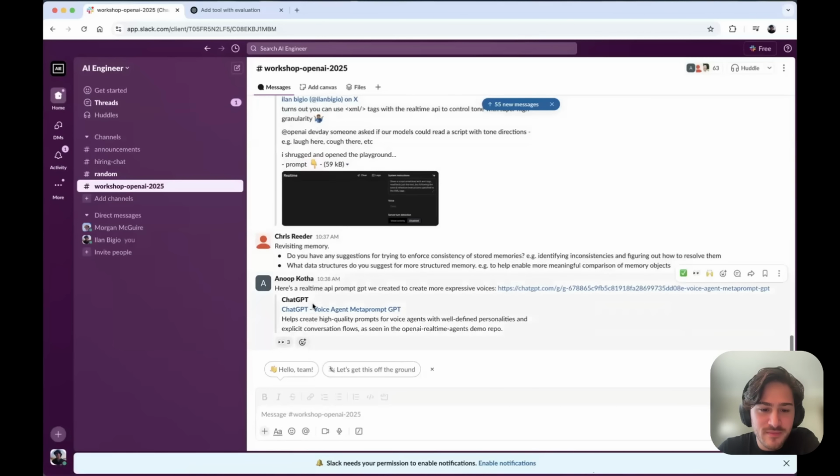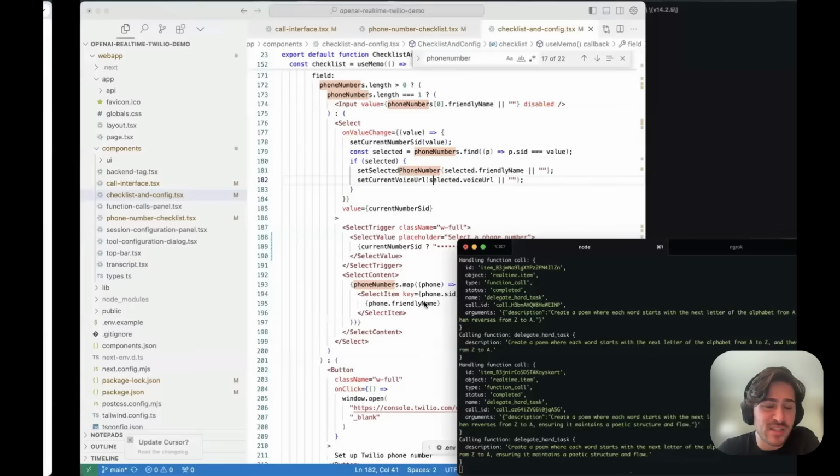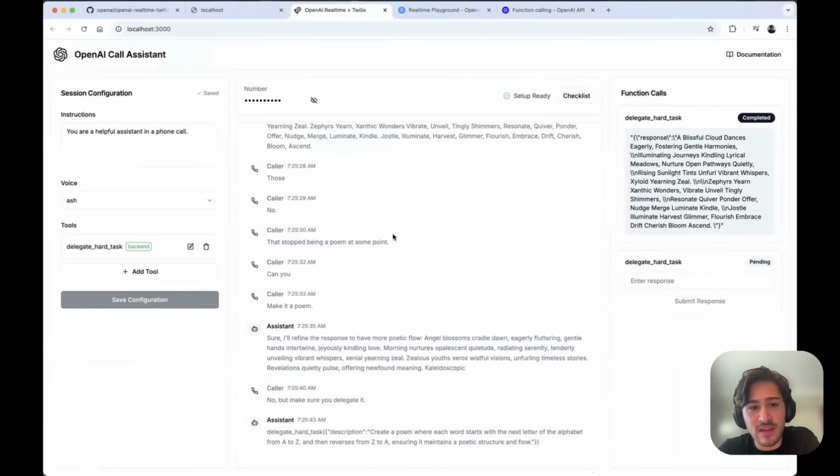Here's a real-time API prompt. Cool. Any other questions about anything? It's been an hour and 40 minutes, so I'm happy to keep going with random content.